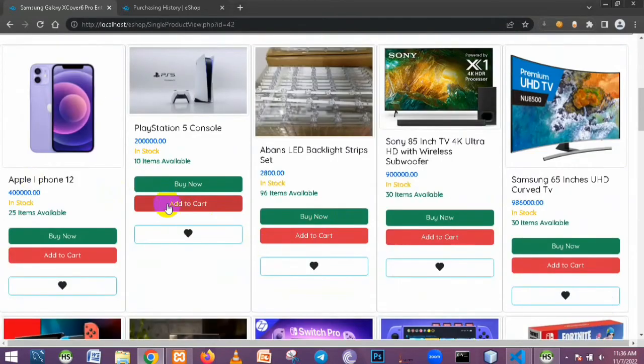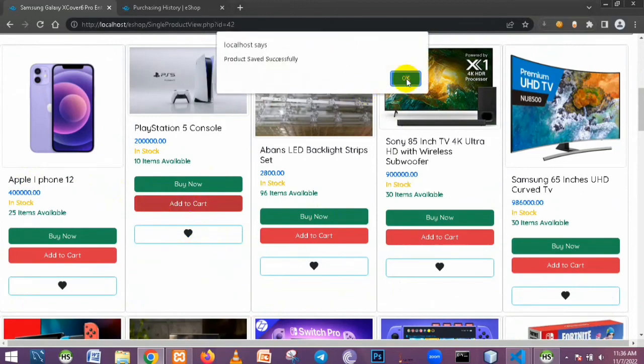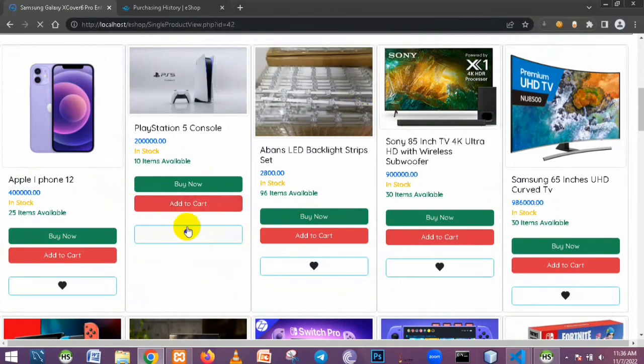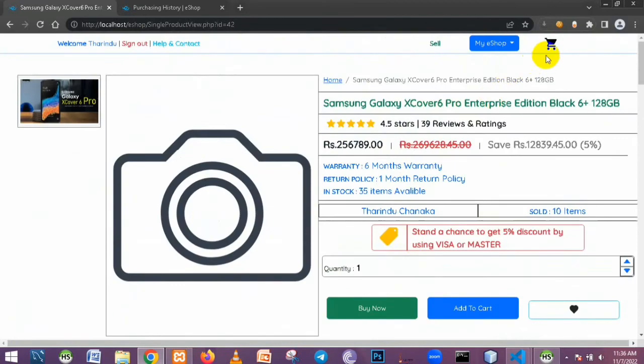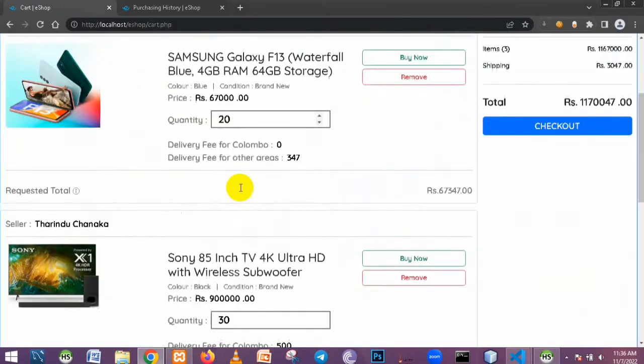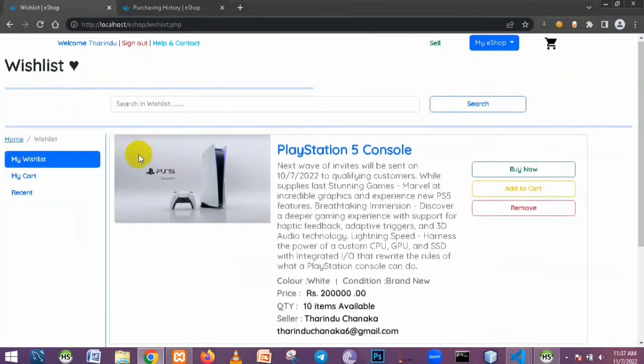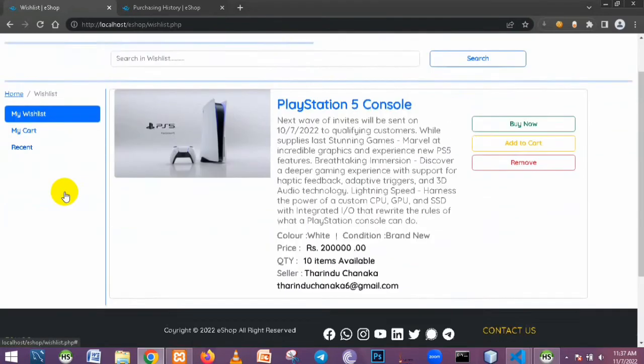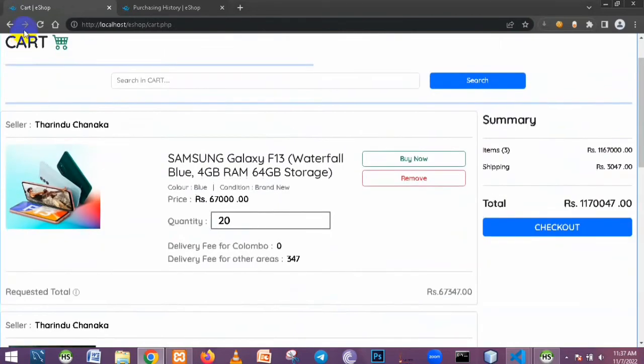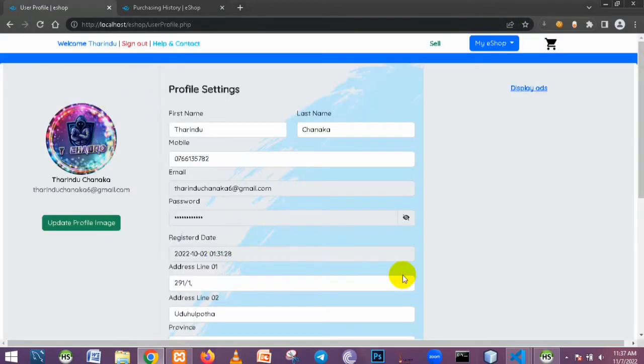And we can add some product to cart and also add some product to wish list. It turns our cart into red color, and we can go to our cart. Now you can see the cart design, and there is a maths part here. When we add some product to cart, it updates our summary total and our delivery fee and item price, and now you can see it. And we are going to wish list. We can have this kind of designing wish list, so we can go to cart from this also, and we can access to home from this and make our profile page. You can see it,